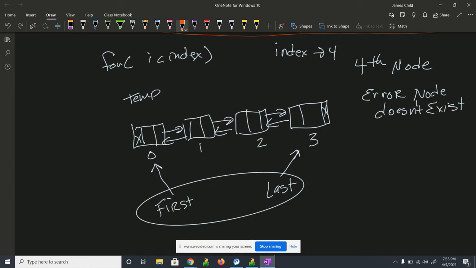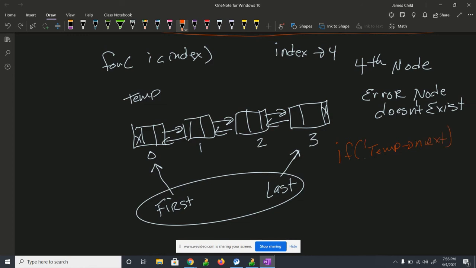That makes sense. If we don't hit the fourth node, if there's less than 4, all we got to do is just keep looking at this, and when we hit null pointer here, we stop and then return an error saying that we're not there, or that node doesn't exist. So how would we do that? Well, if temp next